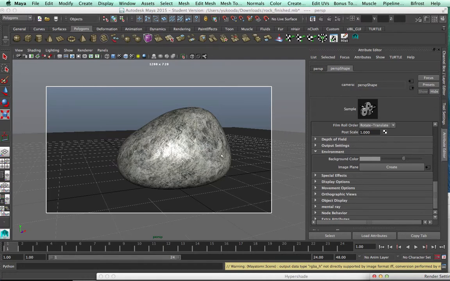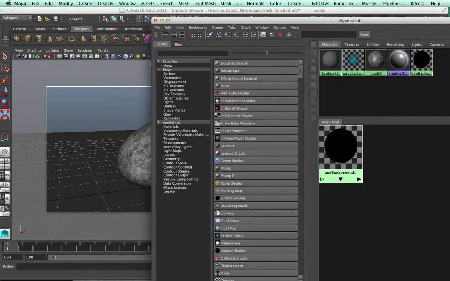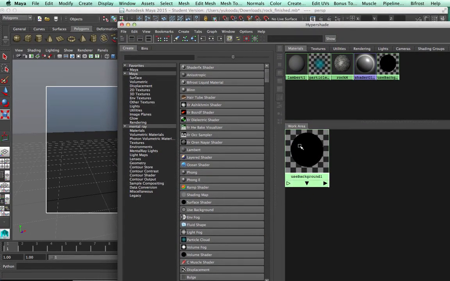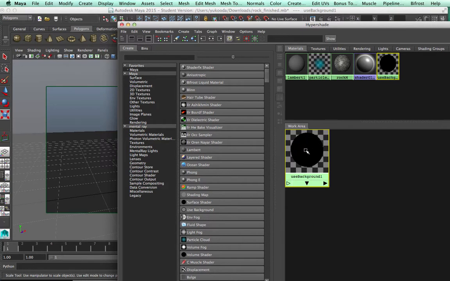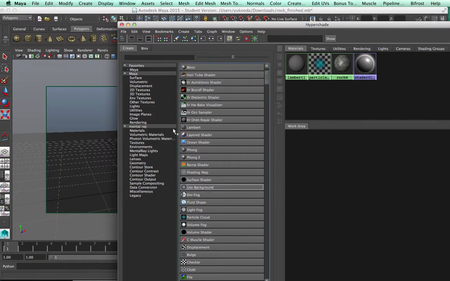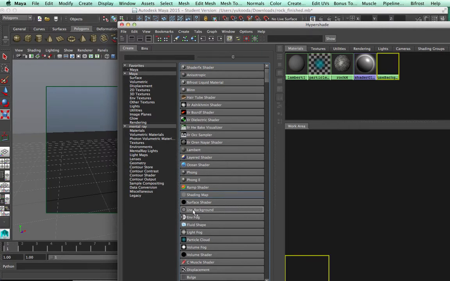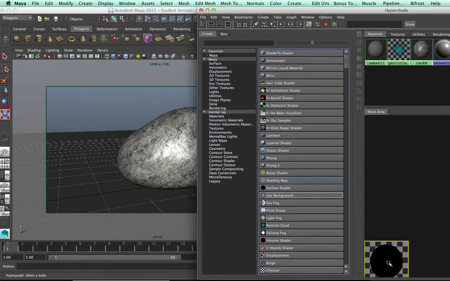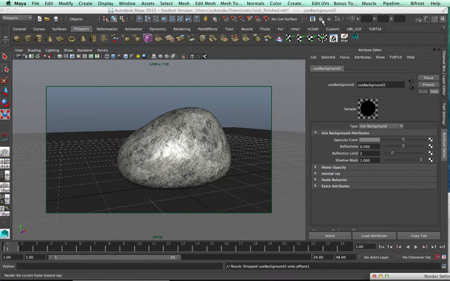Alright, so the other thing I want to do is take care of the floor and give it this seamless floor look. So what I'm going to be using is a node called Use Background. What I'm going to do is go ahead and create another Use Background, which is inside your Maya Hypershade settings. So I'm going to click and create Use Background, and I'm going to drag and drop it with my middle mouse button onto my floor. Now when I render this,